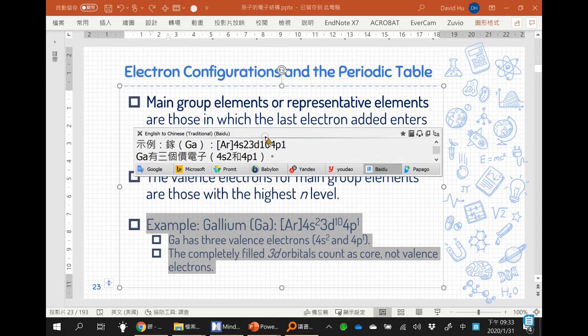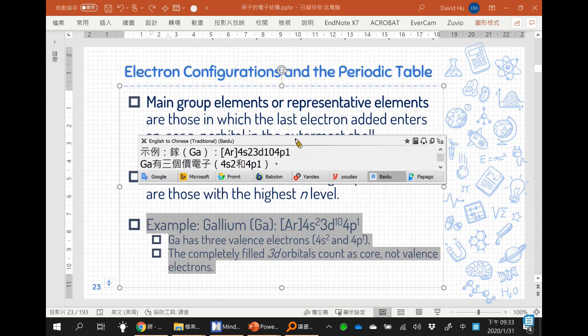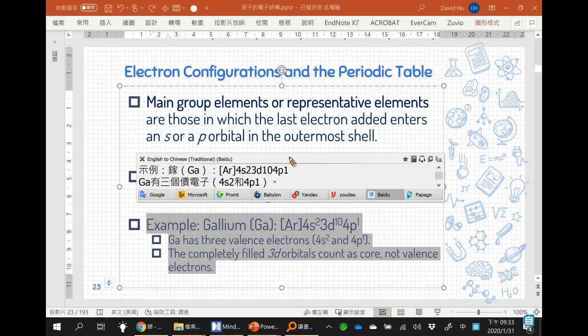Example: Gallium, Ga, [Ar]4s2 3d10 4p1. Ga has 3 valence electrons, 4s2 and 4p1. The completely filled 3d orbitals count as core, not valence electrons. 好，譬如说镓，它的电子组态像这样子，它的价电子有最高的 n 值，是 4s2 跟 4p1，这刚好就是它的价电子，有3个。然后其实这个 3d，虽然看起来好像在外面，其实它是属于核心电子，并不是价电子。